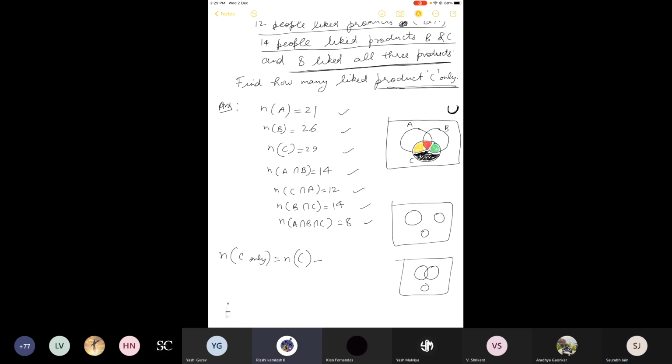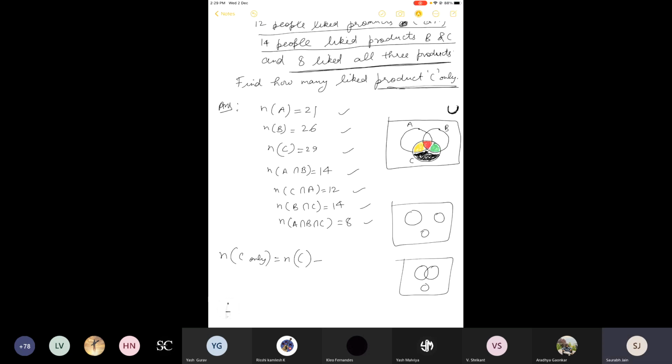So A intersection C. Is it an A intersection C? Is it so? A intersection C. So it is A intersection C minus the intersection of A, B and C. Very good. See, actually, just concentrate on the diagram. If you want to take the intersection of A and C, then it will be the combination of yellow plus red. Watch carefully and look for the intersection of these two circles A and C. So it will be yellow plus red portion.